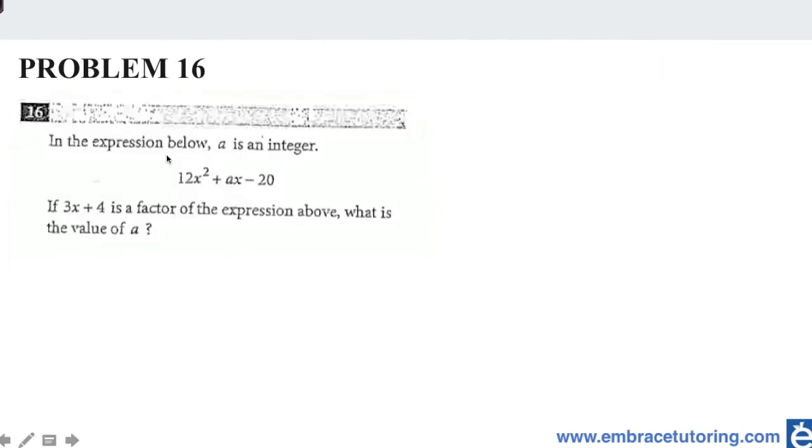Problem number 16 states, in the expression above, a is an integer. 12x squared plus ax minus 20. If 3x plus 4 is a factor of the expression above, what is the value of a? I quickly notice a is my middle term of my expression, and it says if 3x plus 4 is a factor. So I want to take my expression, and I want to quickly understand that if I were to remove a 3x plus 4 out of this expression, the way I want to think about this is